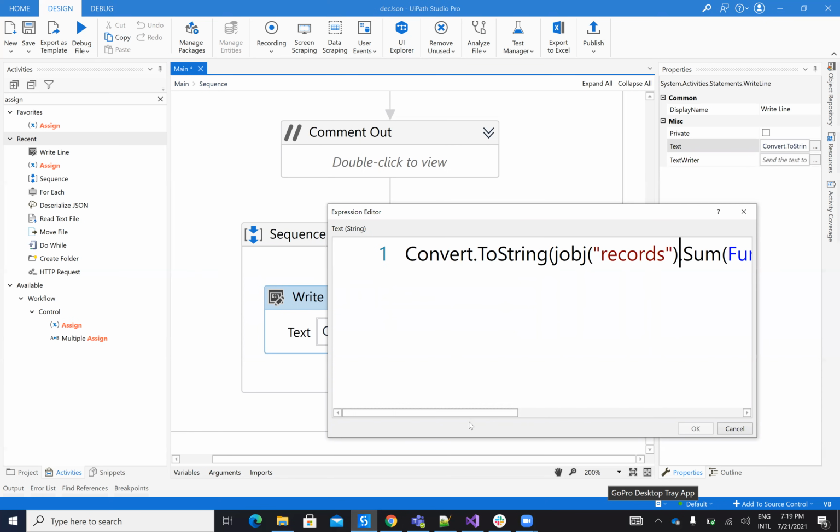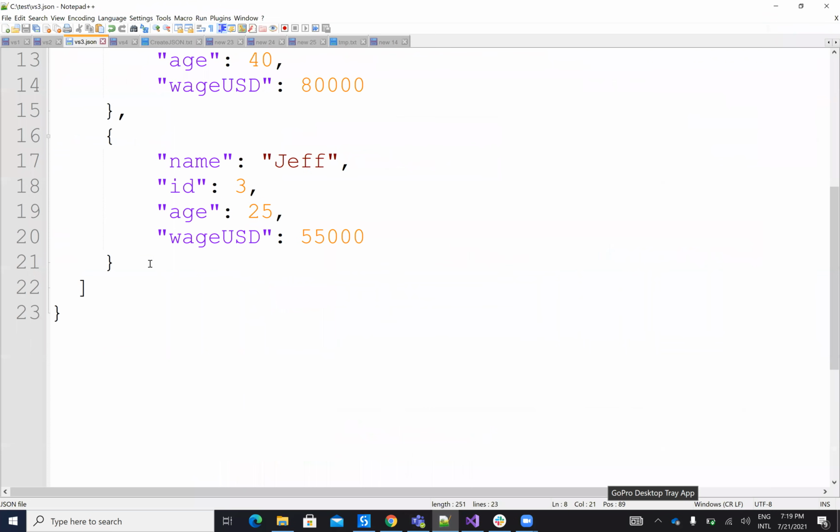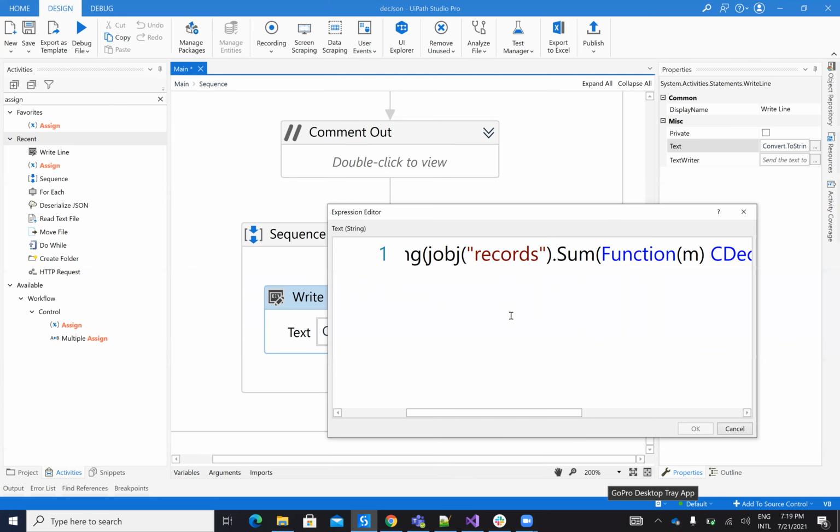So I have convert to string. I will have JObject. I say that I want records. This should return an array. So I have an array with objects, and then I say the Sum function. On this array, I will apply Sum, and I convert this to decimal.